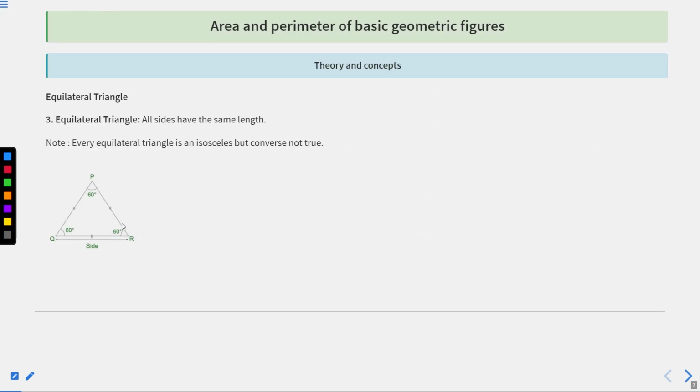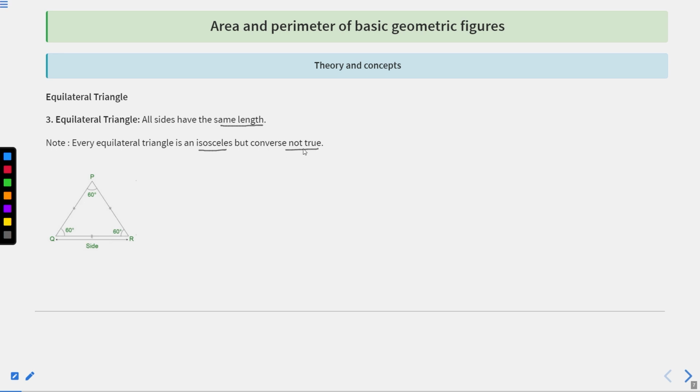So what is an equilateral triangle? An equilateral triangle has all sides of the same length. Here we put two dashes, which represent that all three sides are equal. And one important thing to note here is every equilateral triangle is an isosceles triangle, but the converse need not be